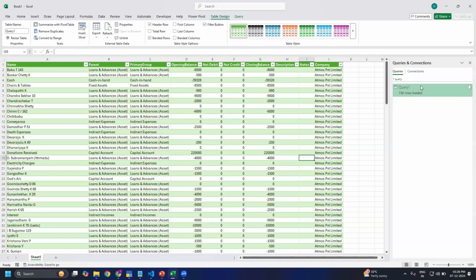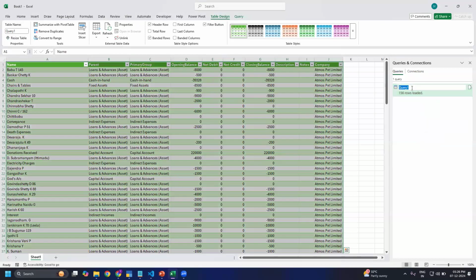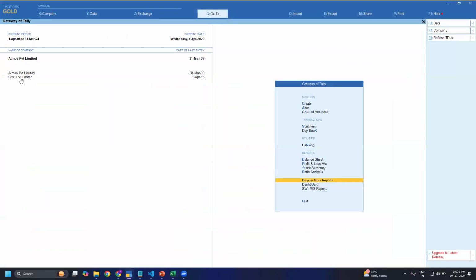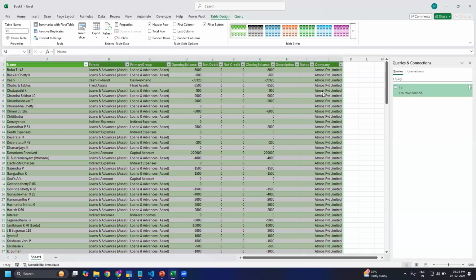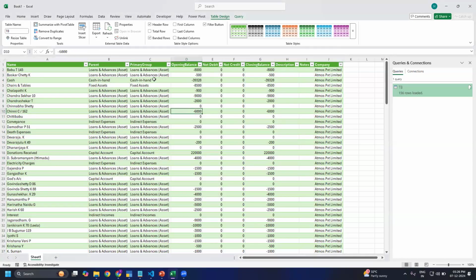So this is TB. I will rename this one. Yes, TB. And I'll show you once. We have two companies in Tally. These two are here in the company column. So these two. After this, we have to make a pivot